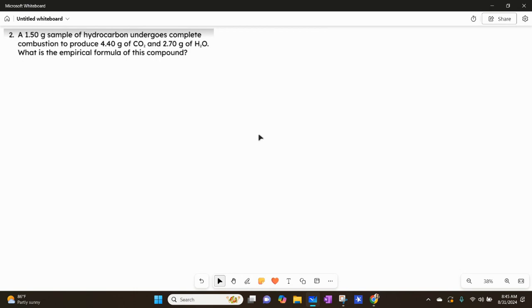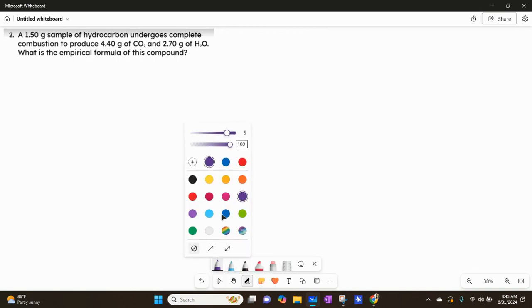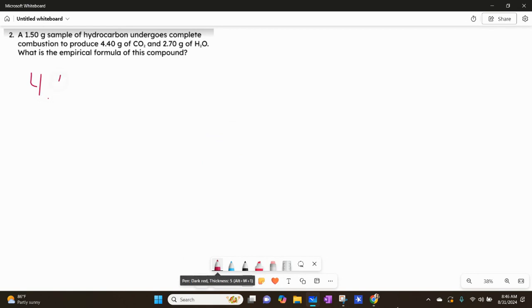So we have our question here. A 1.5 gram sample of hydrocarbon undergoes complete combustion to produce 4.4 grams of carbon dioxide, just carbon dioxide, and 2.7 grams of water. What is the empirical formula of this compound? So let's go ahead and solve this question. The first thing we want to do is figure out how many moles of carbon there are. So we take our 4.4 grams,